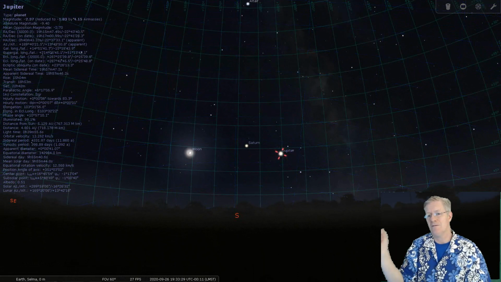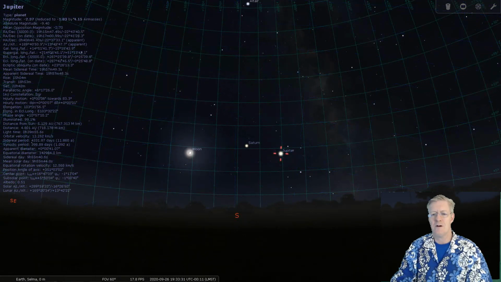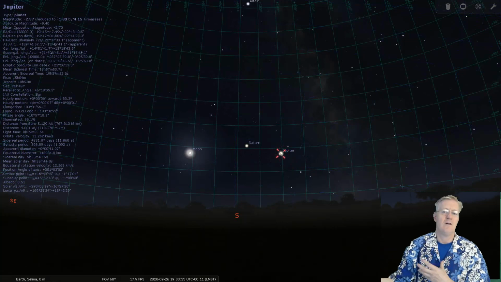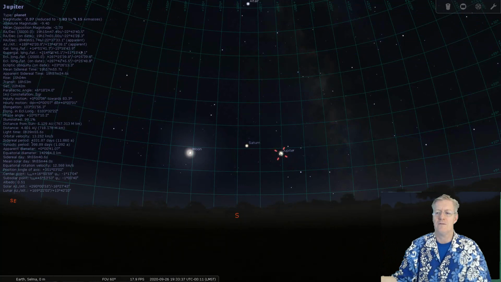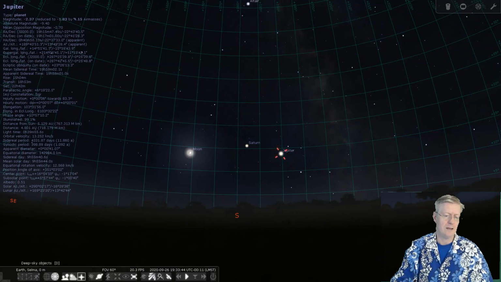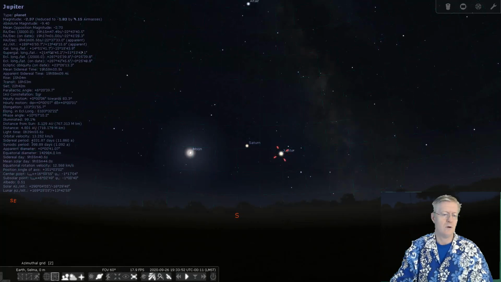That's what we were looking for. That would be the line. So Jupiter is around what? About 13 and a half, 14 degrees above the horizon at that time, according to this grid. So we have both the grid here and also the azimuth grid, which we use quite often in astronomy. Let's say that you just want to turn off the ground.